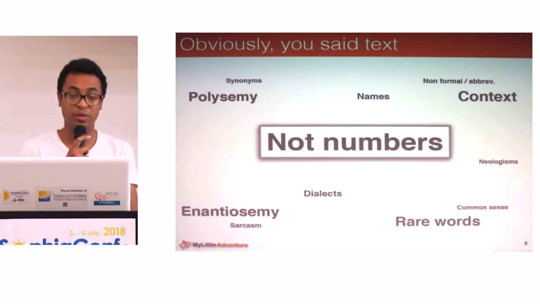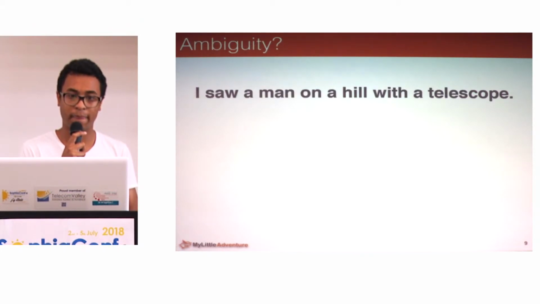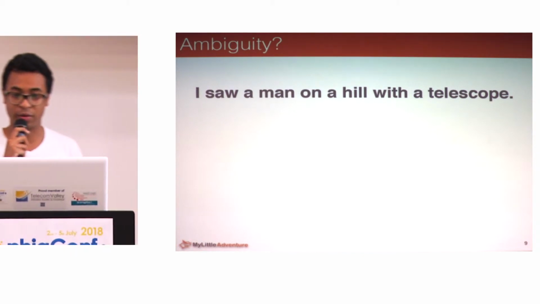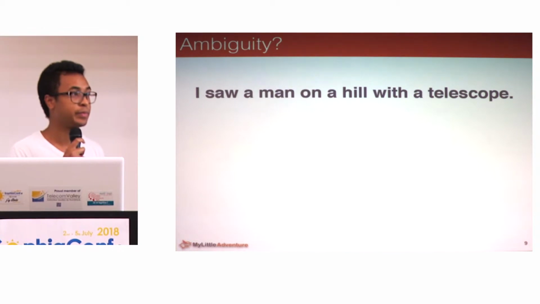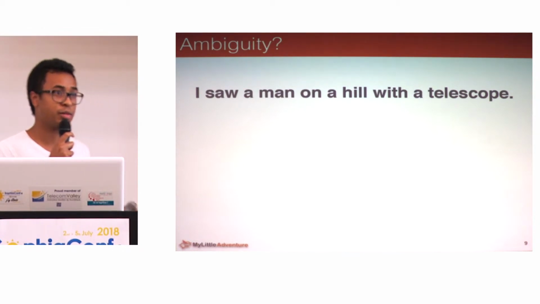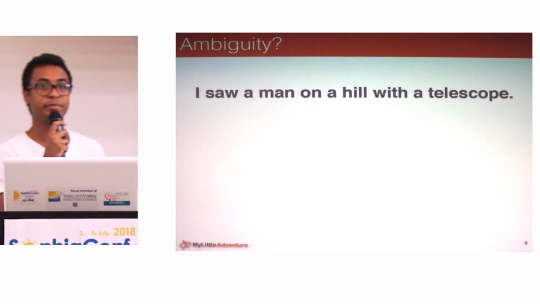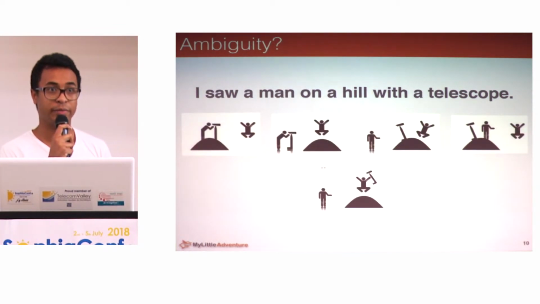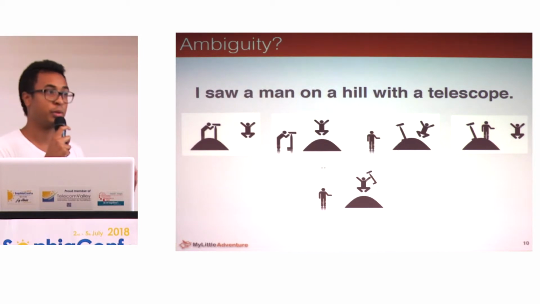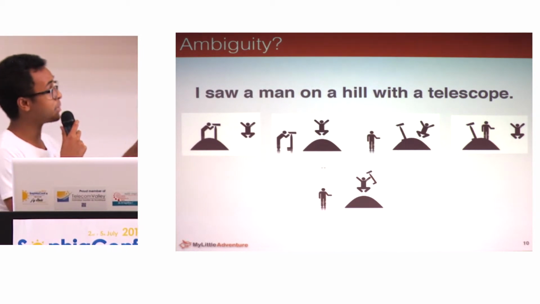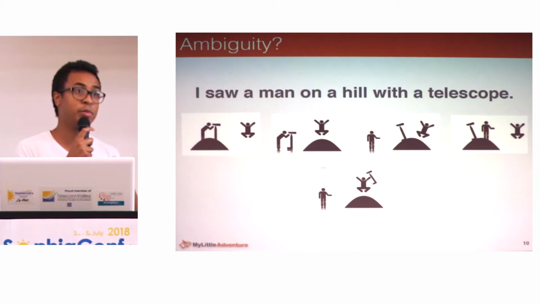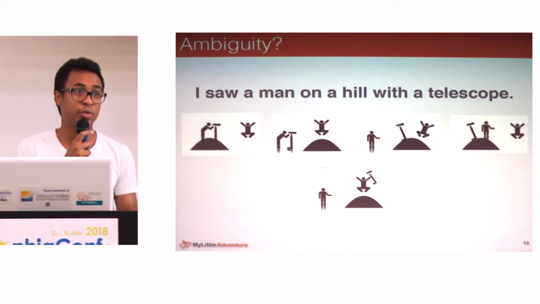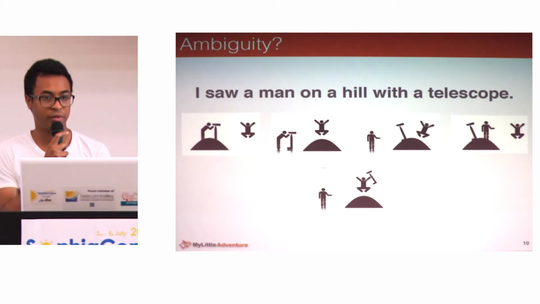So that's a little bit of a feel for why text can be hard. But I can give you a little exercise. What do you picture if I say, I saw a man on a hill with a telescope? I'll let you have a few seconds. What do you see? This is not what I see. And this is one of the main troubles, because the same sentence, based on the context, on the business, on where you are, and on the words that you use, can be very tough.